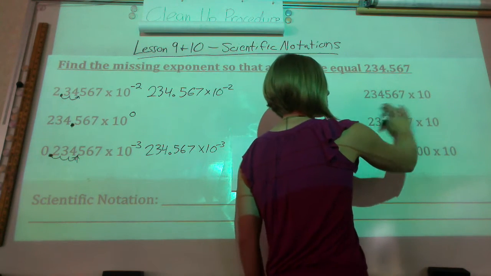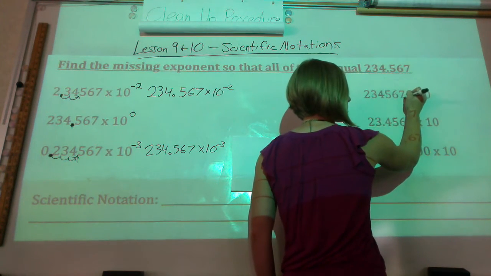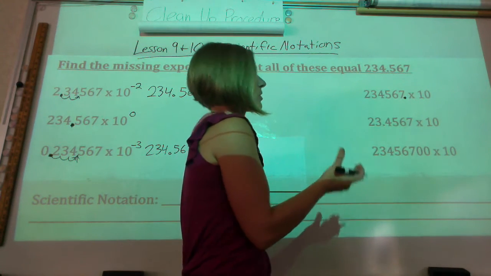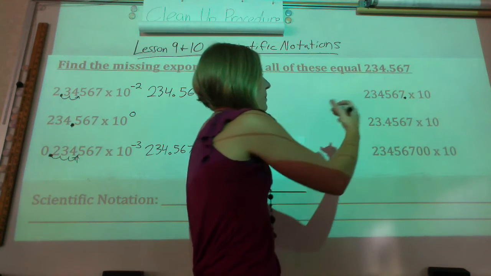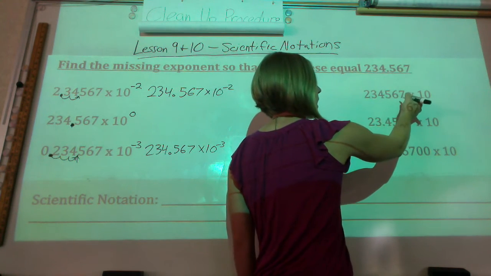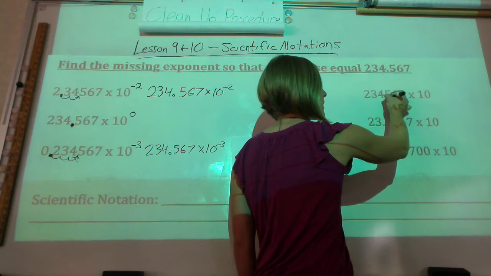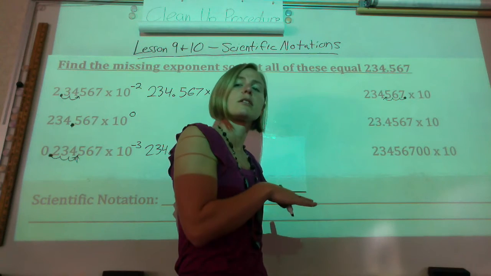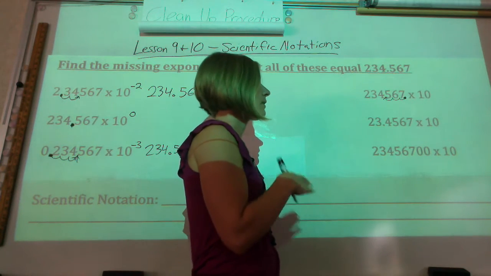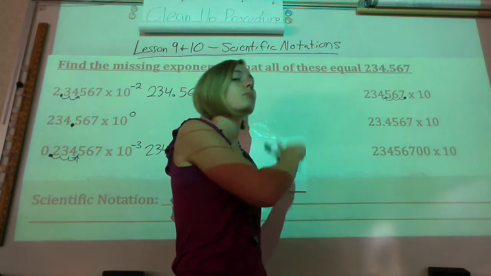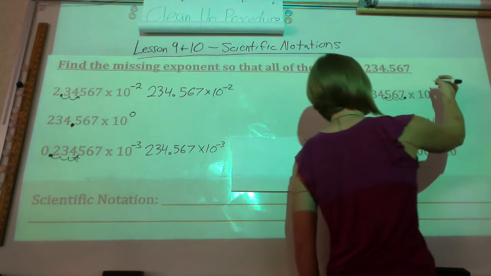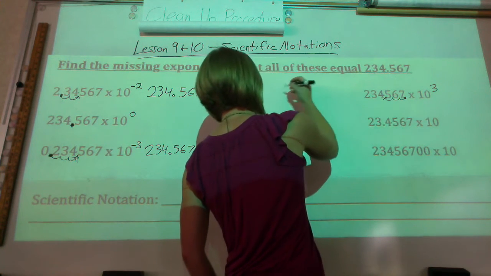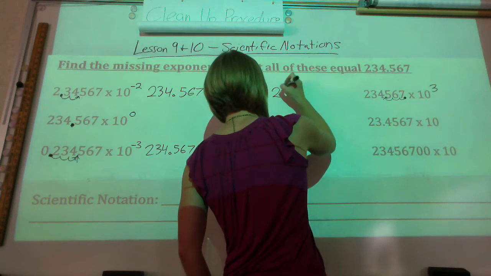Here we have a nice whole number, and all whole numbers actually have a decimal at the very end. We don't typically write it just because it's bad form. You don't need to put it there. We all recognize that it's there. But there is one right at the end, and we need to be thinking, I want to move it 3 spots to the left, which means I'm actually making this number smaller by 3 decimal places. And if I'm making something 3 decimal places smaller, I need to make the 10 bigger, so it's going to be a +3. So if I rewrite this one, and I'm going to do it in the middle because I have room, but you can write it wherever,